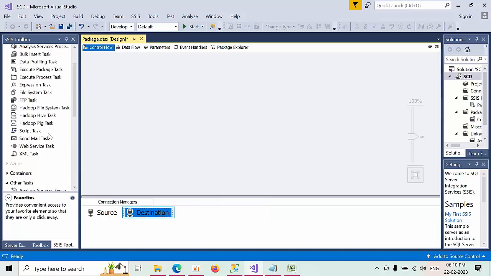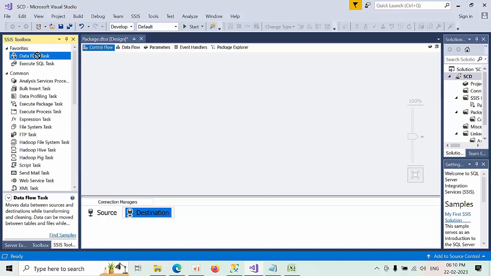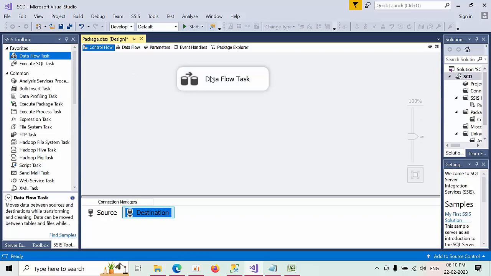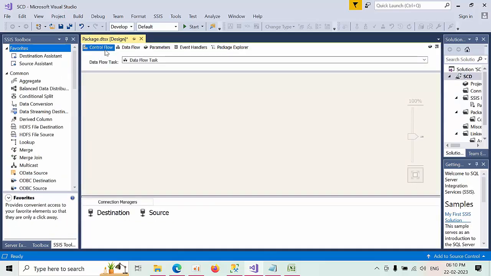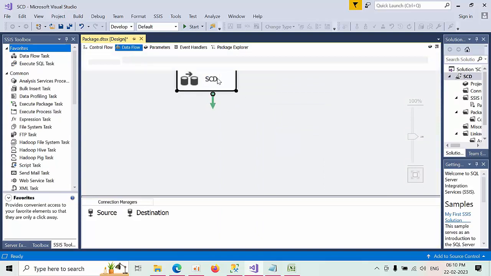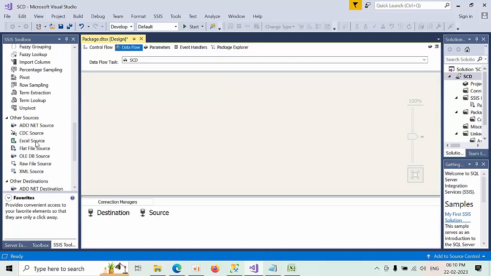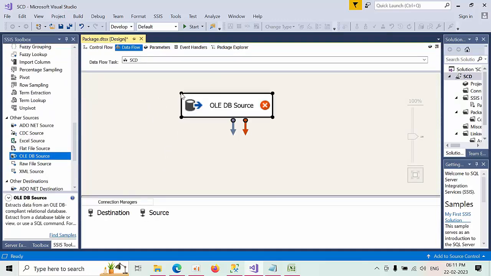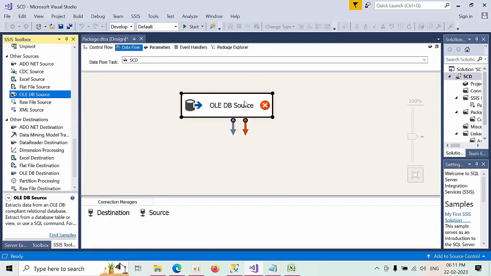Okay, now select the data flow task here. Type go to and rename it as SCD. Click on that. So take the source, OLE DB source. Okay, configure the